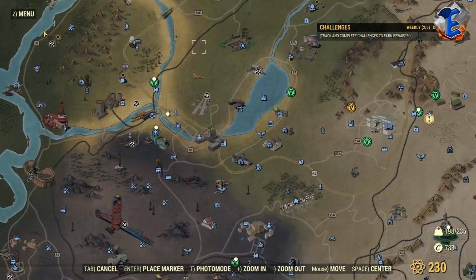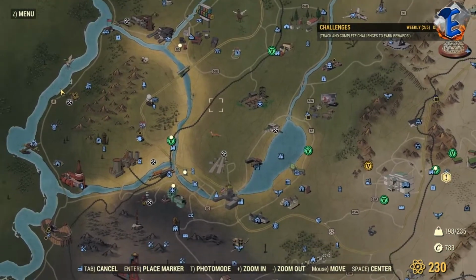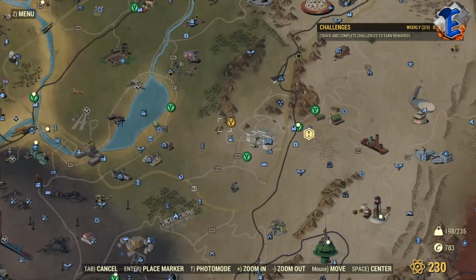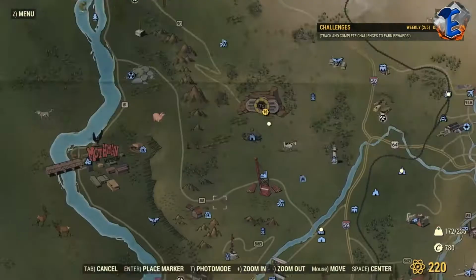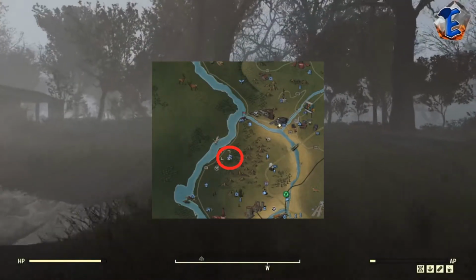Make sure that your team has camps set up all over the wasteland so that instead of having to pay 56 caps to travel somewhere, you can simply fast travel to a friend's camp and then fast travel to wherever you are going. And the next fun thing we are going to do is go to Sylvia Homestead,